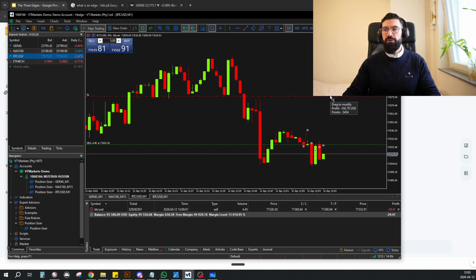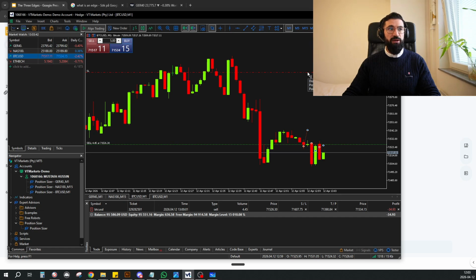Let's see if it continues down to the downside. Not sure why it is not working. Yeah, see? Now I'm moving my stop loss area right here. You can see if I put my take profit right here, stop loss right here, if it hits this area, I'm minus